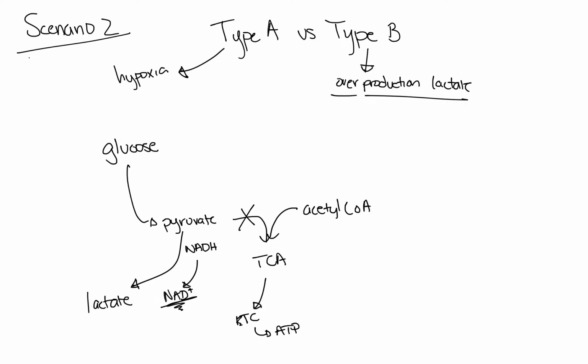Or two, the loss of NAD plus here will lead us to requiring the creation of more NAD plus because it's critical for bodily processes. And so pyruvate is obligated to become lactate in order to achieve that. So let's talk about some things that do that. So the most obvious